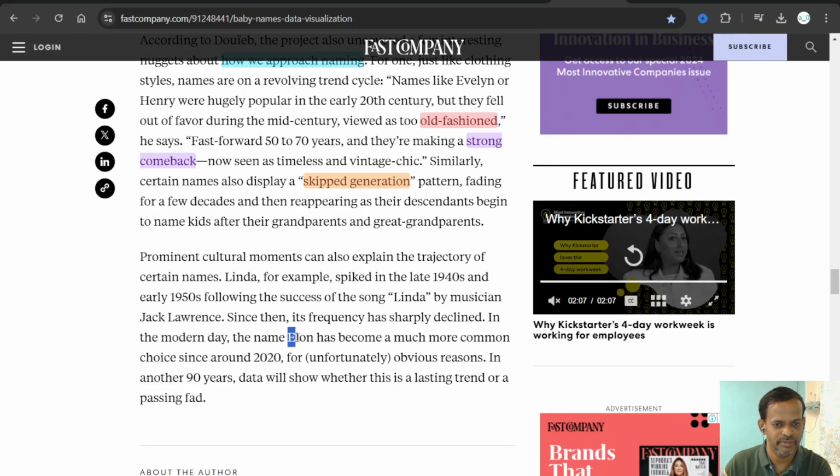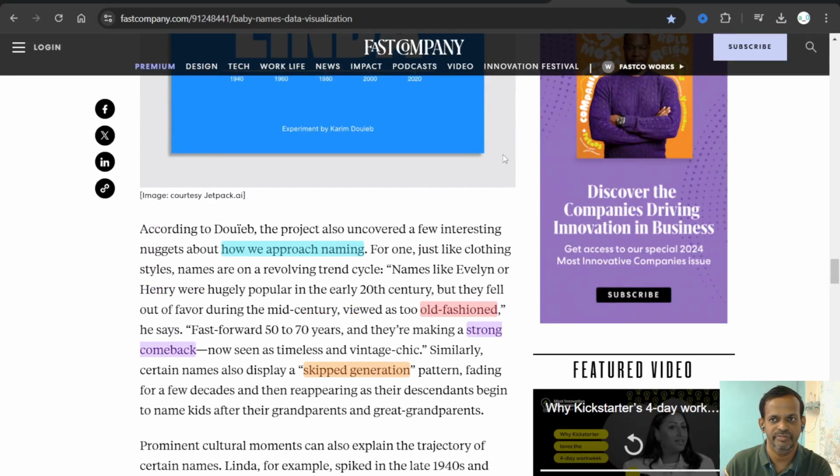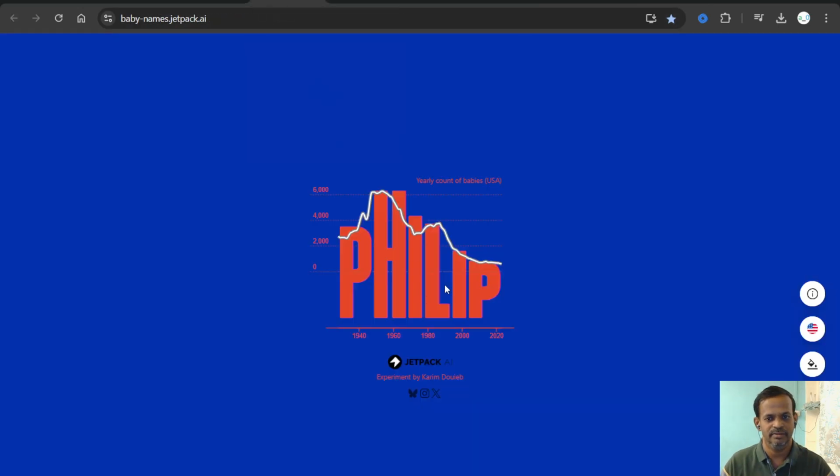Also, this is one of the examples: the name Elon has become much more common since around 2020, obviously because of Elon Musk. So that information we have, and let's check this as well.